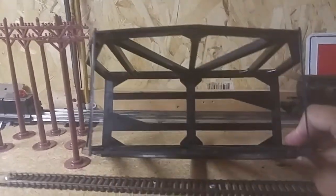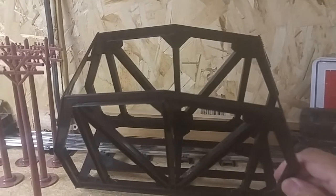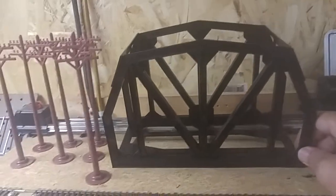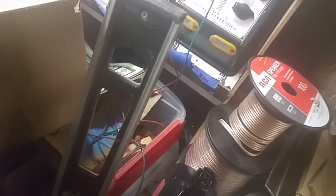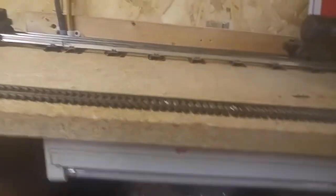The only thing it's missing is the actual top 2 pieces that snap in there to make the top of the bridge. No big deal. I'm not sure if I'll really use it anyway, unless I put it somewhere, just make it go across like a little cleared out area or something where the railroad couldn't put the track in level. Anyway, that's the bonus features that the seller sent, and that I did not know anything about. It was not in the post pictures. So, he had it on the bubble wrap that it was a bonus with